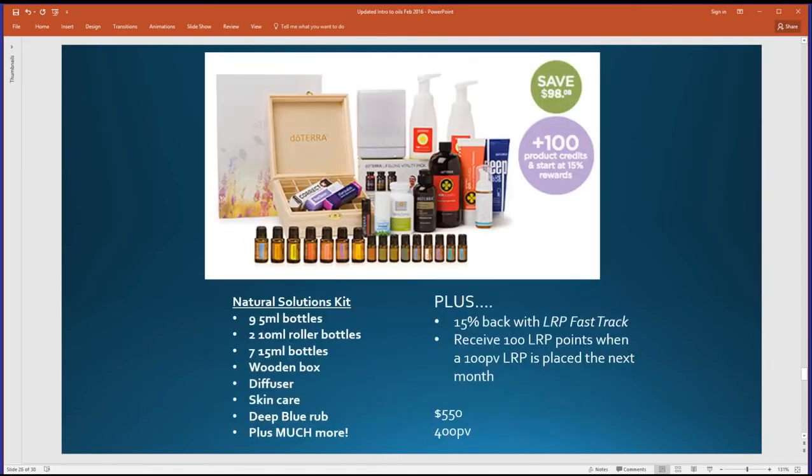For people that are a little more serious that want to kind of get in and experience some of the other products, this is the kit that my wife purchased when she first started 6 years ago. It was similar to this. We've actually come up with some new products, but this is the one she came in with. You get more oils on this one. You get 9 of the 5 ml bottles and 2 of the 10 ml roller bottles, and then 7 of the 15 ml bottles. So you're going to get quite a few more oils with this one, the wooden box,